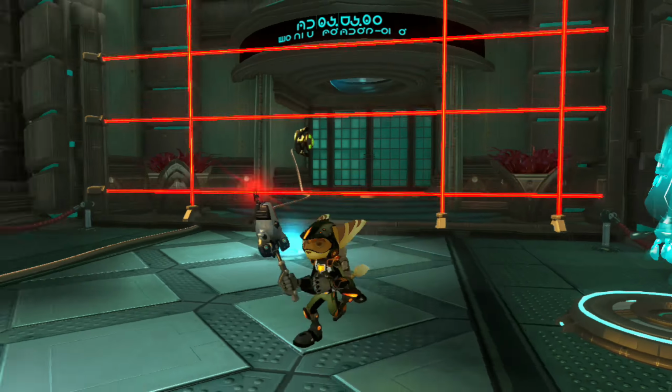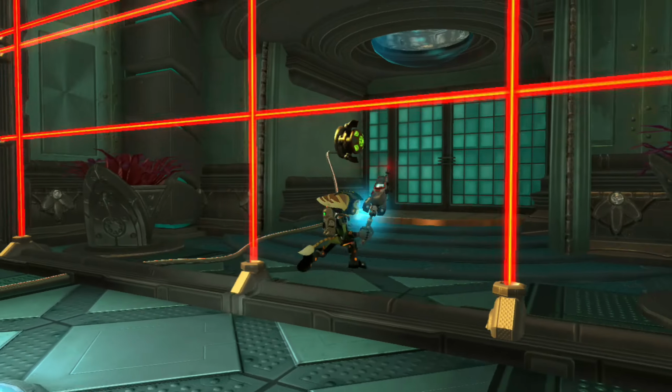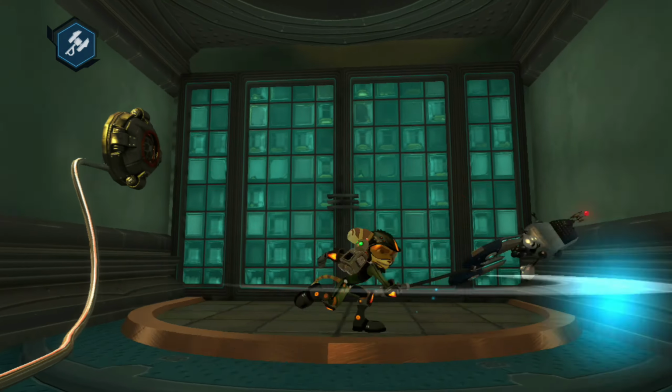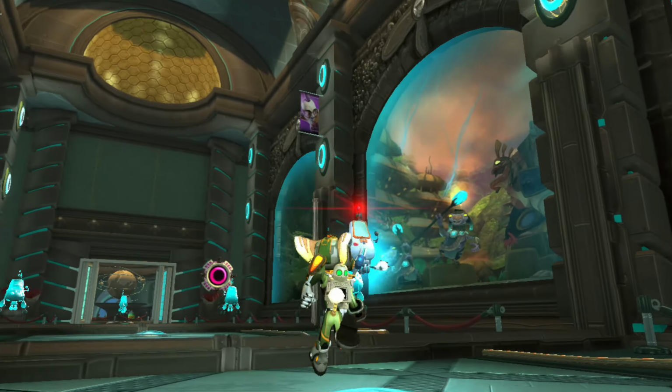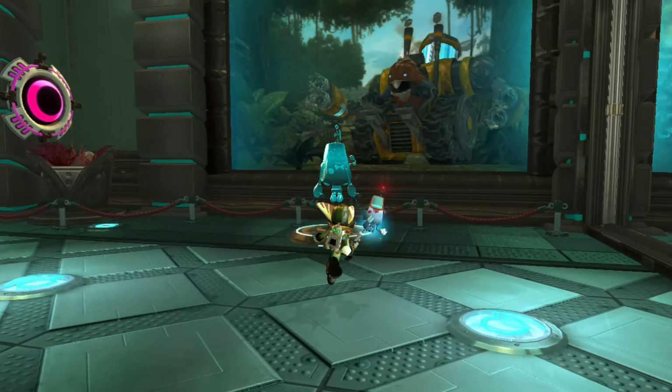Right, now first things first, we gotta get to the other end of here, so then we can shut this down, and more importantly, go into the Polaris History Wing, where we have things such as...